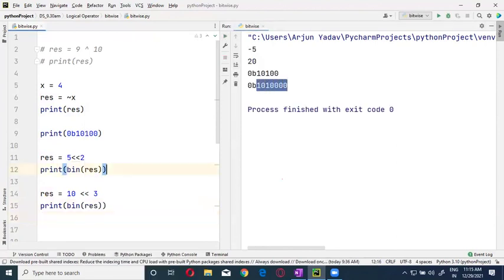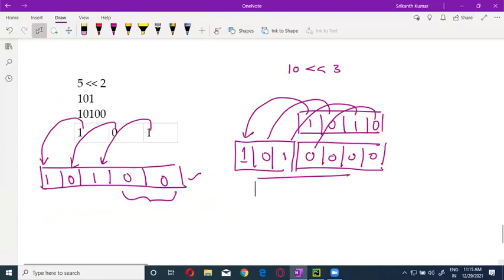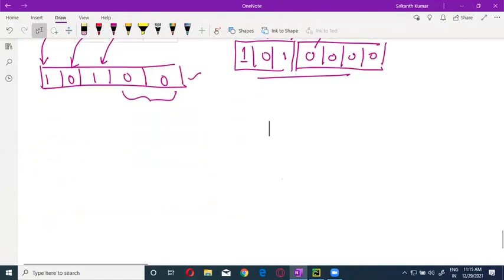Okay, guys. Now, the same way, the right shift means take the values and shift them towards the right. That means just cut off the values. Always, when you are doing the right shift, the resultant value will be smaller than the actual value. Now, if I'm doing 10 right shift 2, guys,